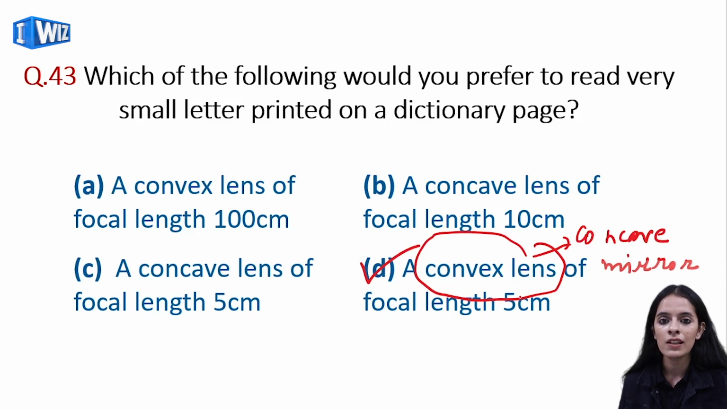And how do we see the enlarged image? When we place it very close to the lens with least focal length. Okay. Next,